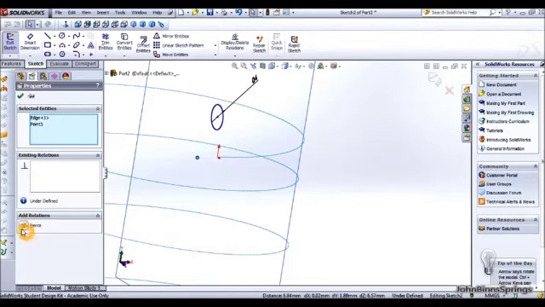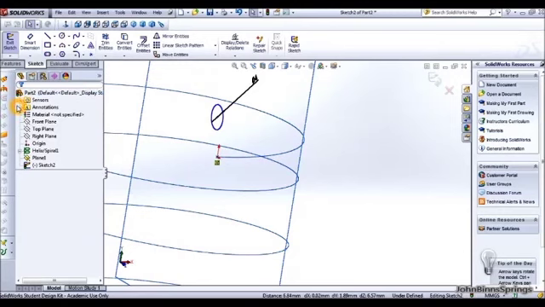itself. That will bring up this option as a relationship, and you want to hit pierce, and that will pierce that point to the end of the Helix tool. You now want to tick that